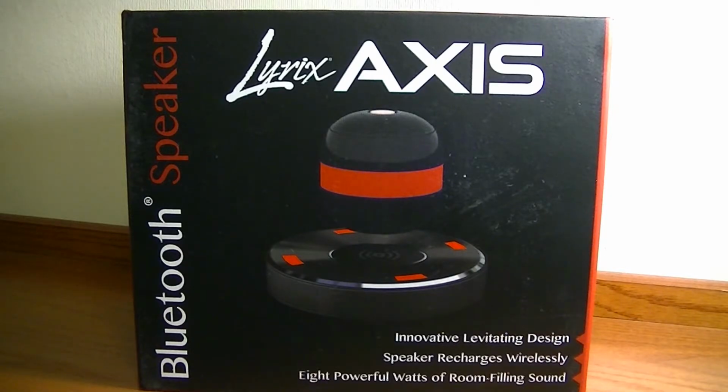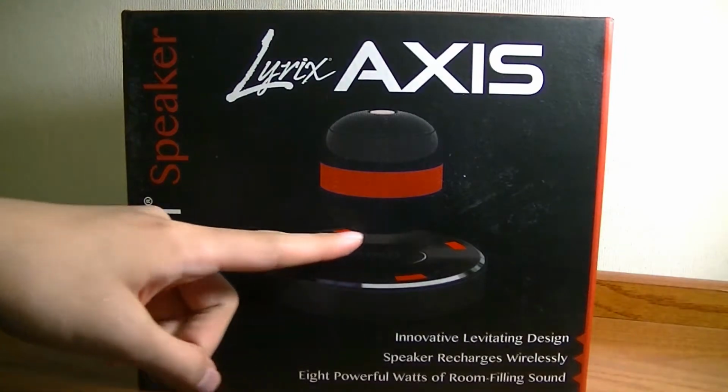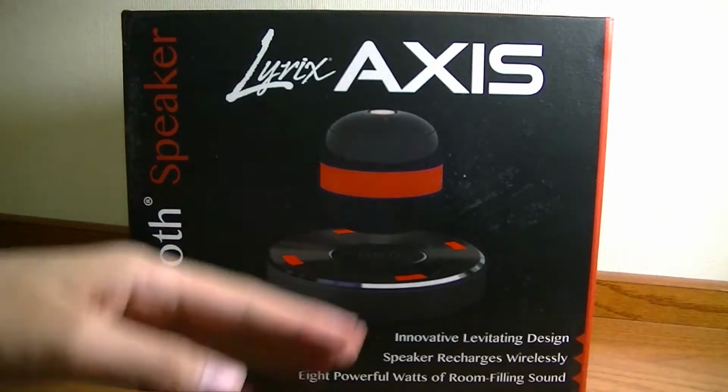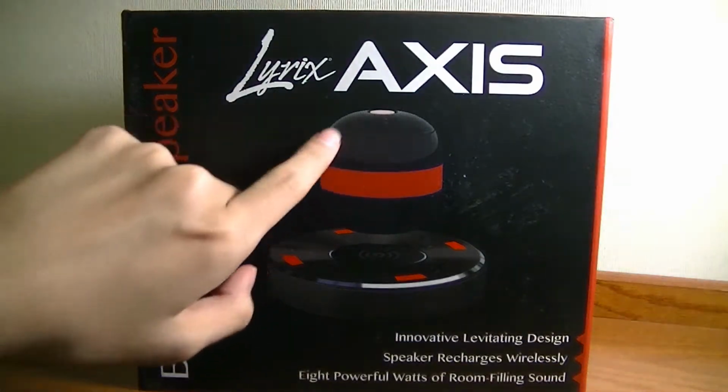You're watching our video first look and a quick review of the Lyrix Axes. This is a levitating, or floating, Bluetooth speaker that offers supposedly powerful hi-fi sound. In addition, it's unique because the speaker itself not only rotates when it's spinning and floating, but it also has a magnetic charger component. So it doesn't need to be plugged into power to separately charge the actual speaker module